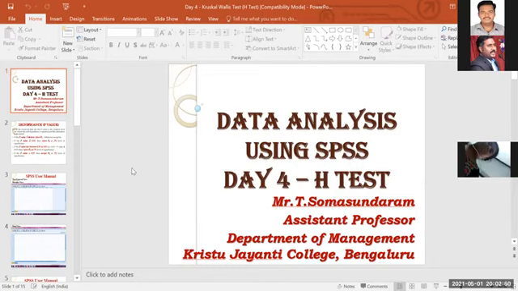In that situation, if you have one dependent variable with a factor, and you want to measure the significant difference of the dependent variable on the independent variable with different groups of two or more populations, you can use the Kruskal Wallis H test. Clear? Is it clear now? Once again, I'll repeat.